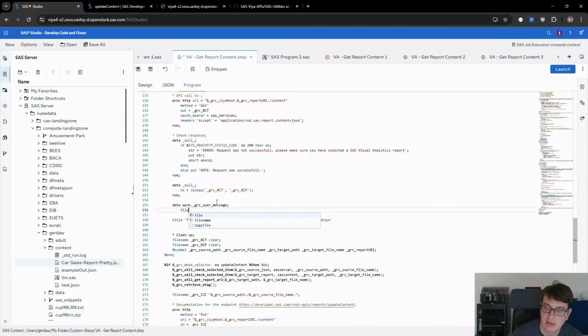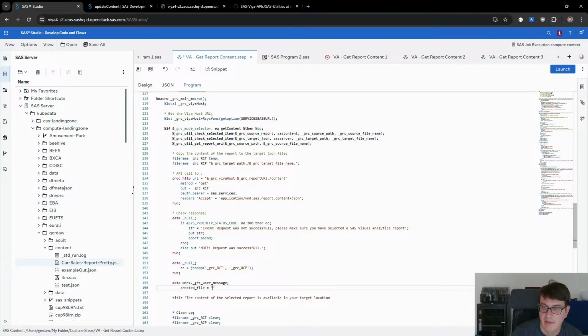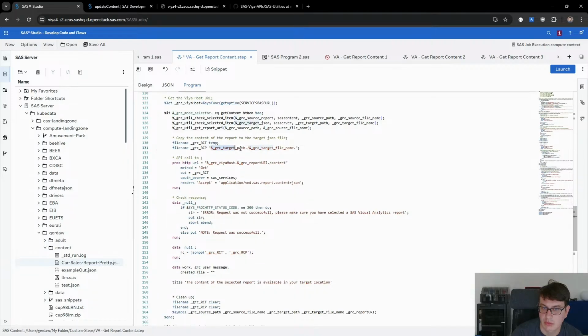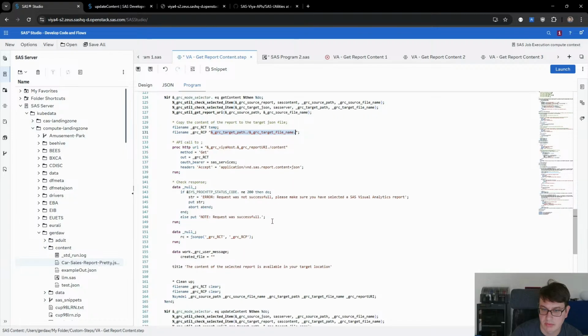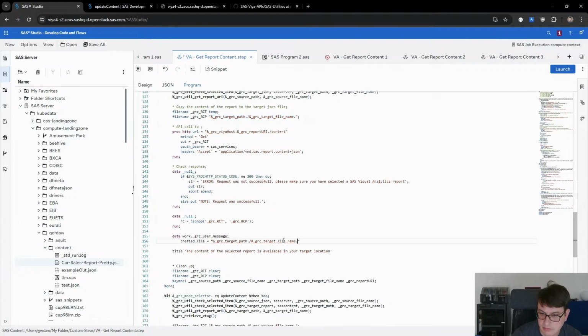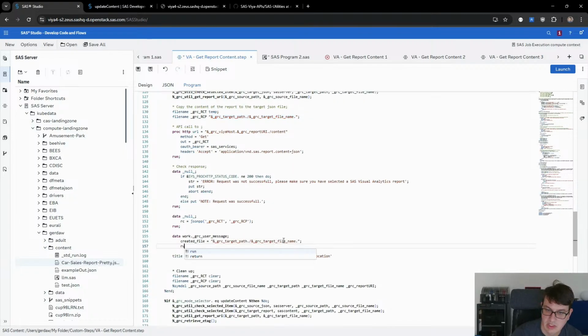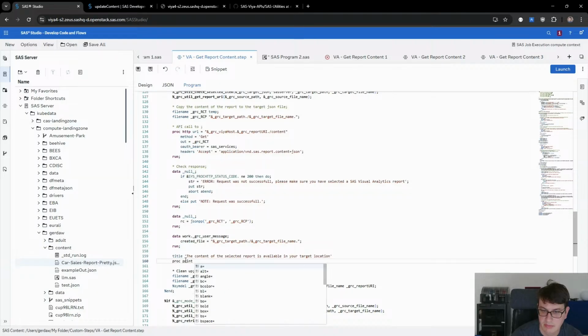And we are going to say file name or file created file is equal to, and then we are just going to grab this piece here and say run. Then we are going to say proc print data